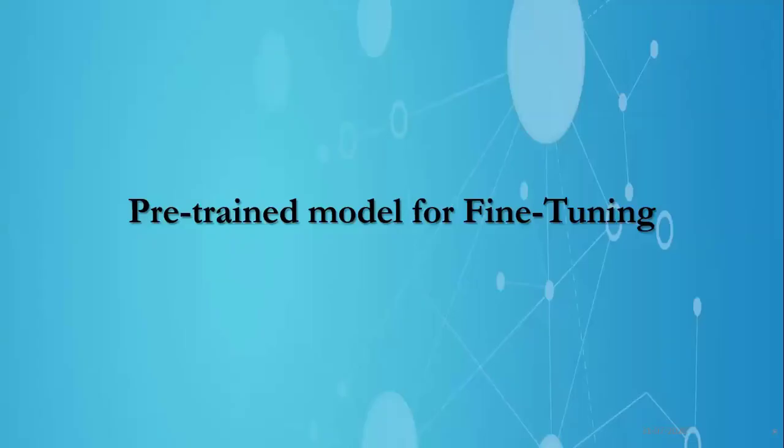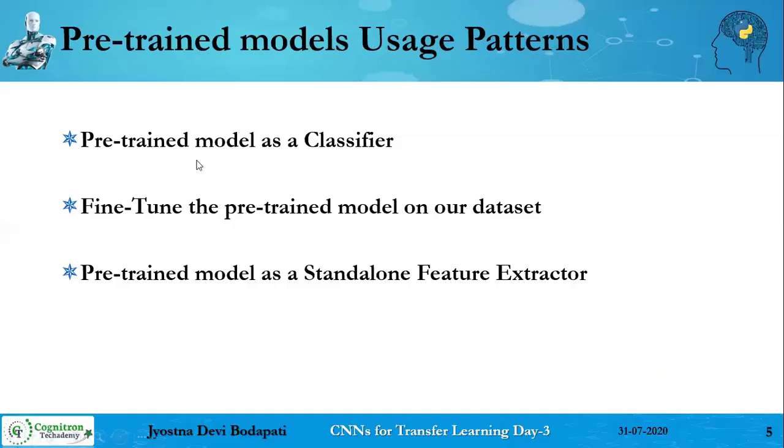So far we have seen two different strategies. First, the pre-trained model as a classifier, where we could classify images that are similar to the ImageNet data set. Only for classifying that set of images, this first strategy could be useful. But whereas your data set is completely different from the ImageNet data set, say for example our leaf disease prediction, the task is entirely different. But of course, it's an image data set, so reasonably you can use that architecture.